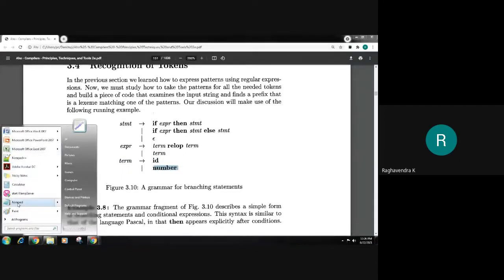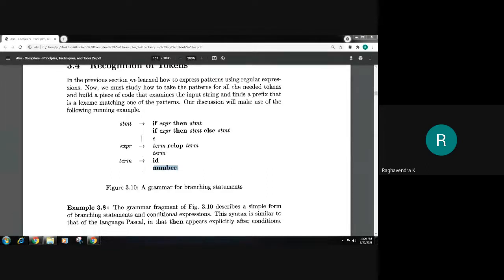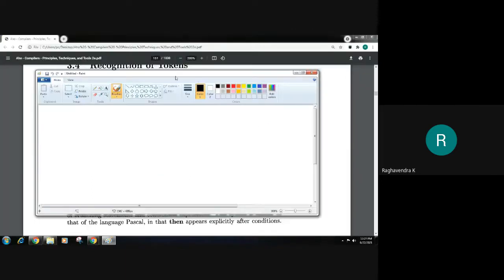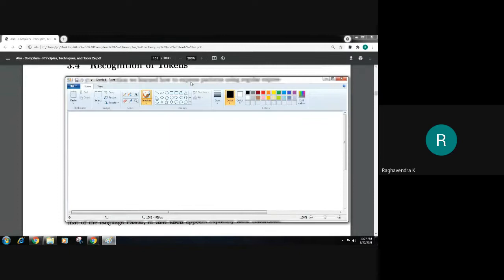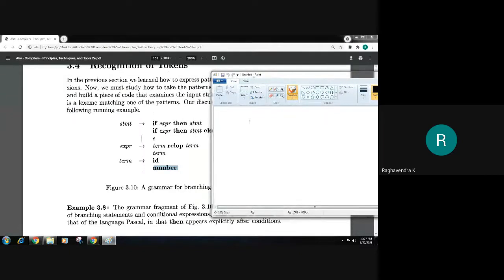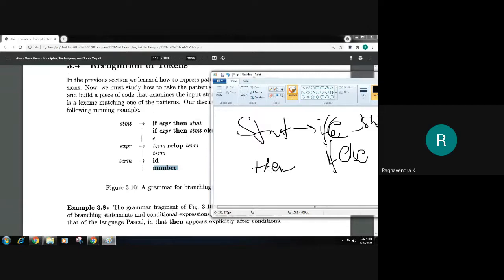Now what do you mean by this grammar? It's important to understand. Of course the statement part all of you might be familiar with. So a statement can be either an if statement or an if and else statement. So you know what the contents of an if statement are. Some expression needs to be evaluated. Based on that, there will be certain statements that are executed. It's a Fortran kind of definition. That's why we have keywords like then introduced in the grammar.